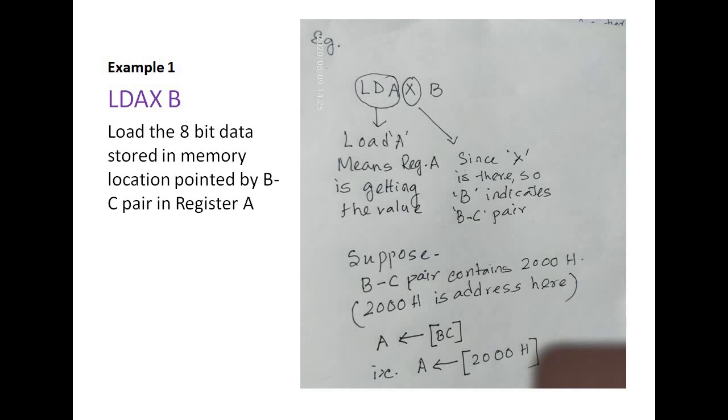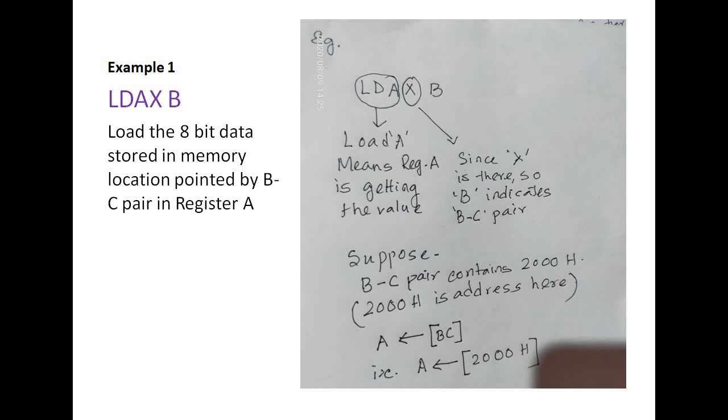In direct addressing mode, the address of the particular memory location was given in the instruction. Remember, LDA 2000H, the memory location was mentioned in the instruction, but here the memory location will not be mentioned. It will be stored in some register. We are going to write that register in the instruction. Clear? So the processor will first note that register, from there it will pick up the address, go to that particular memory location, and from there it will get the data.